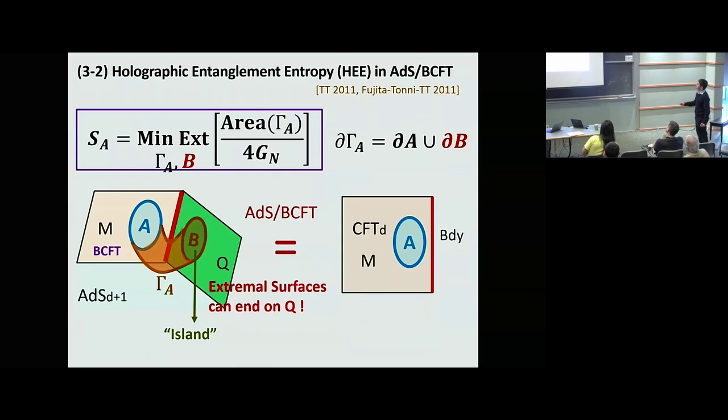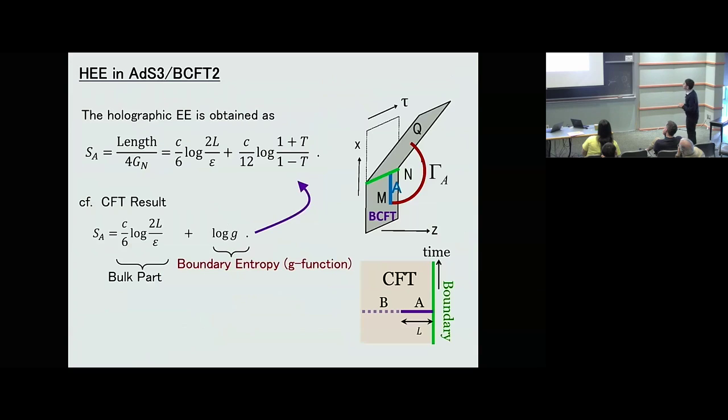So if we have this setup, claimed to be dual to this BCFT on the boundary, we take some subsystem here. The entanglement entropy in this case is computed this way. The non-trivial thing is that we should find the location B. Also, we have to minimize against any shape, by deforming the location and shape of B and so on. In higher dimensions, it's complicated, but in the lowest dimension, the AdS3 case, it's easy. For the boundary conformal invariant case, we have just a plane, so we can calculate this length.